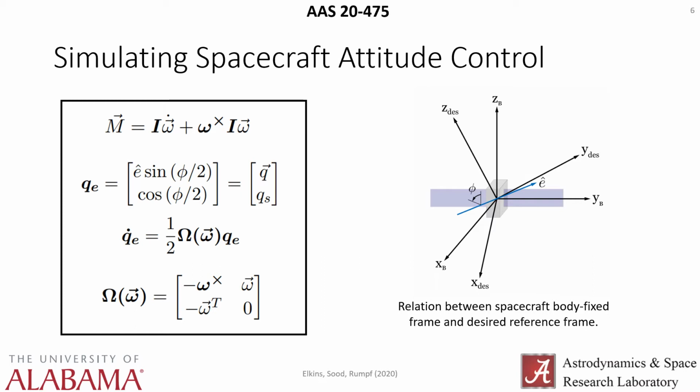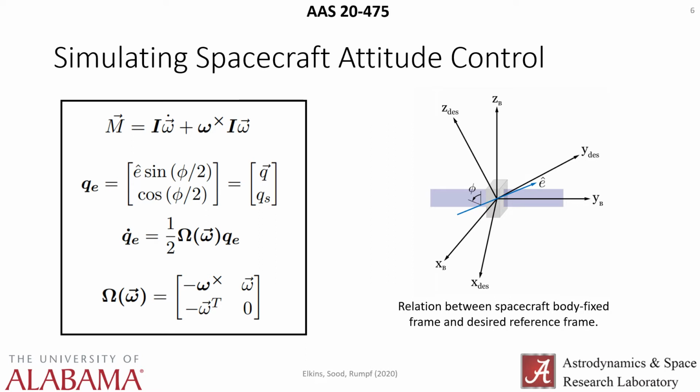This M vector is a moment vector or a torque vector that's actually input from the agent. And then we define the spacecraft attitude and represent it as this error quaternion, Q sub e, which is defined as this e hat. This is all diagrammed here on the right as well. The e hat is the axis of rotation, and then the angle phi is the angle of rotation about that